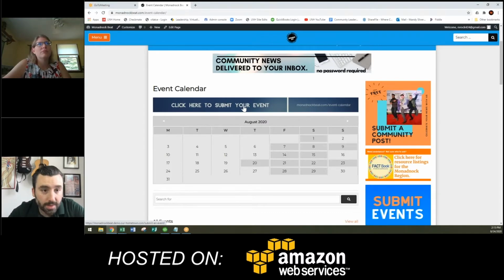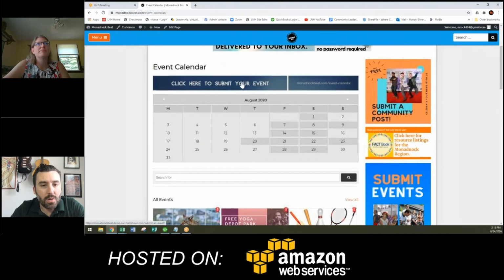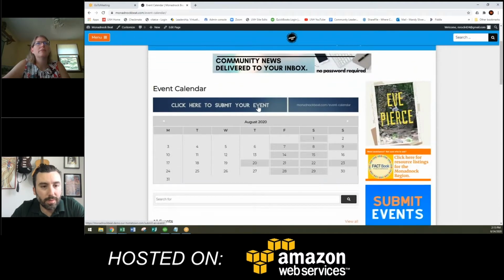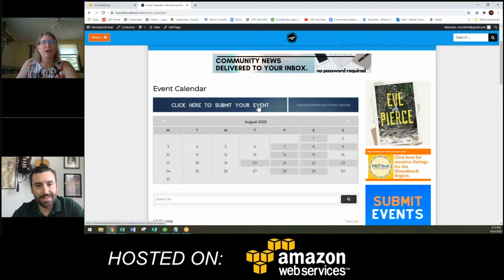Oh, that looks nice. Those are good buttons, which is huge. Yeah, we want that. So I don't know why those two were different. Those look like two different pages, so we're going to want to make sure they link, right, Terry? Yep, we'll fix it. So it's just a matter of linking. I actually know how to do that. I can go back and change it. I'm assuming all I'm going to have to do